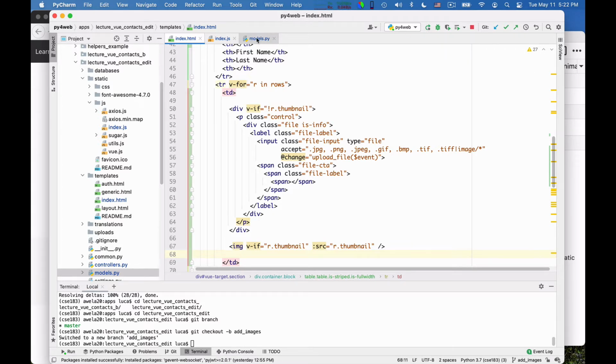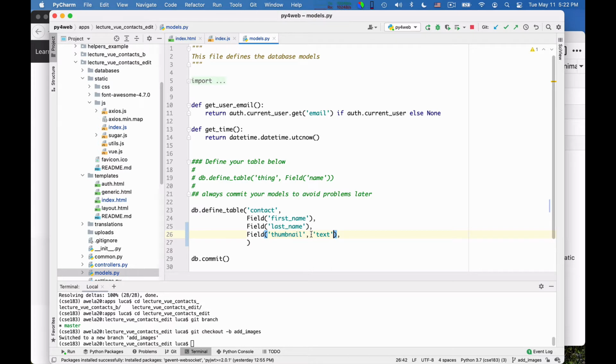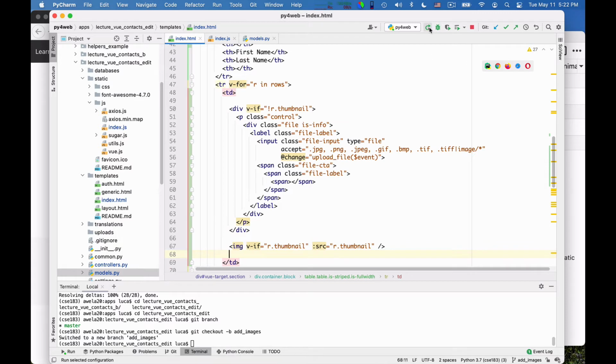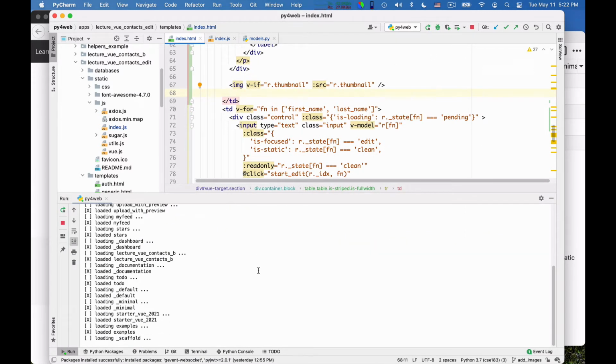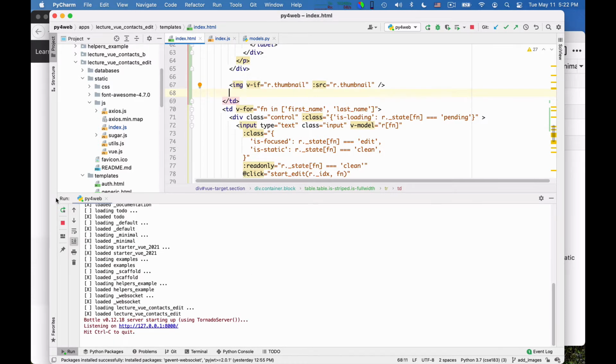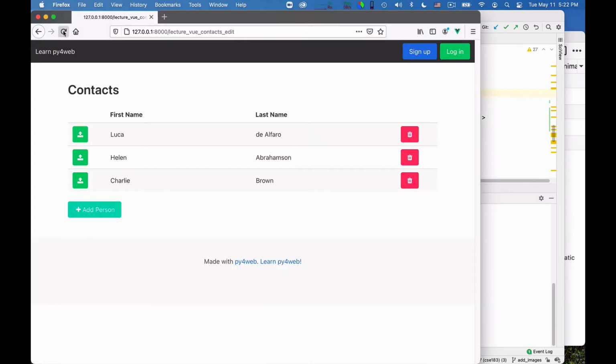I made another modification, by the way. I added this text field to the thumbnail so that it can hold a longer text. So let me see whether this works. I can restart it. Hopefully there are no errors. I mean, I made very small changes to the controller. Let's look here how this looks. Okay, this looks great, but I don't have an icon.